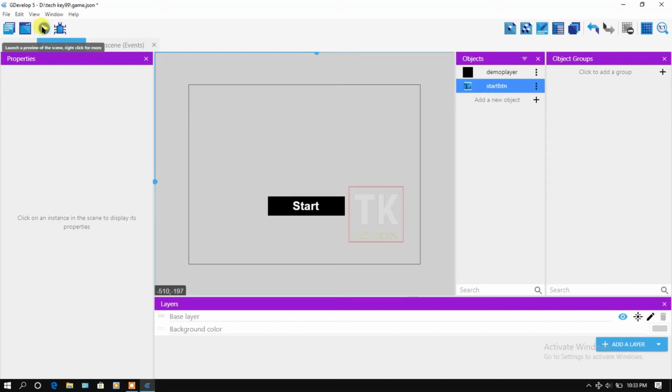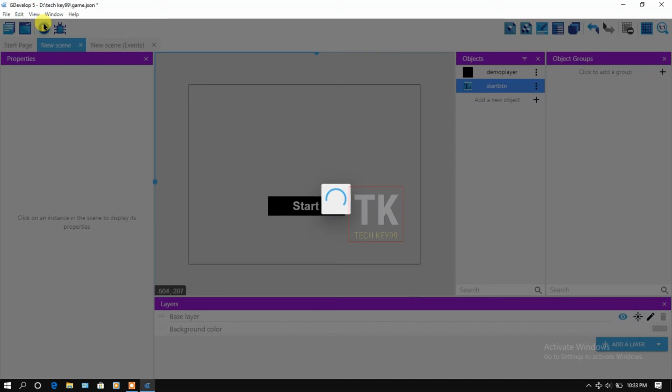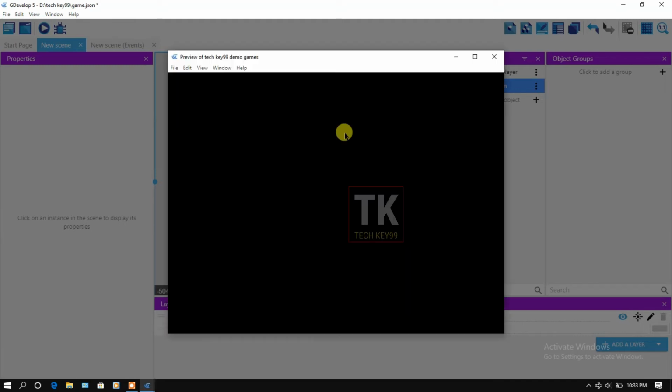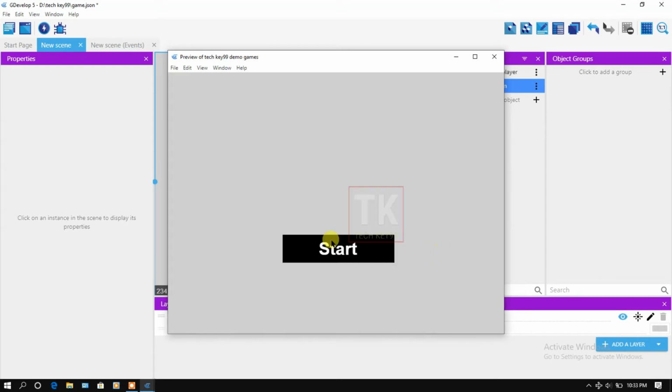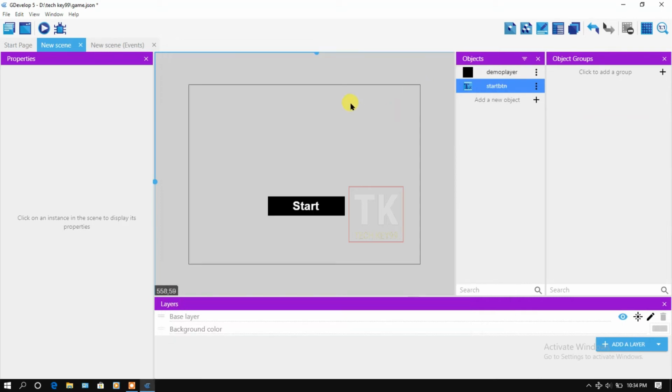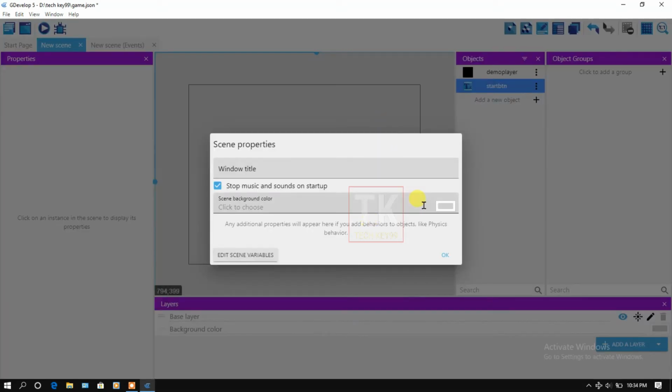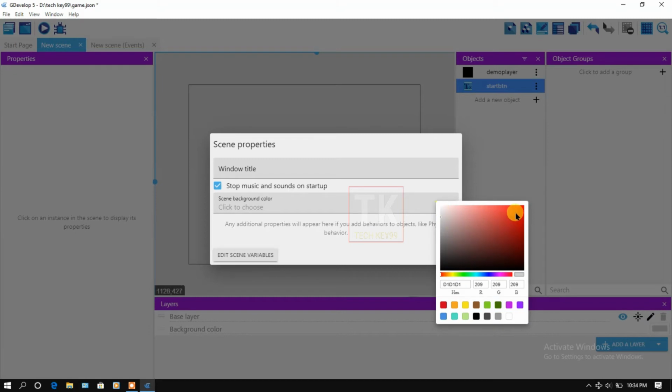Let's preview this. Click here to preview this game. Click on start. You can see here the scene is changed. Let's change this background. Right click on the work area, scene properties, and click here to change this background.